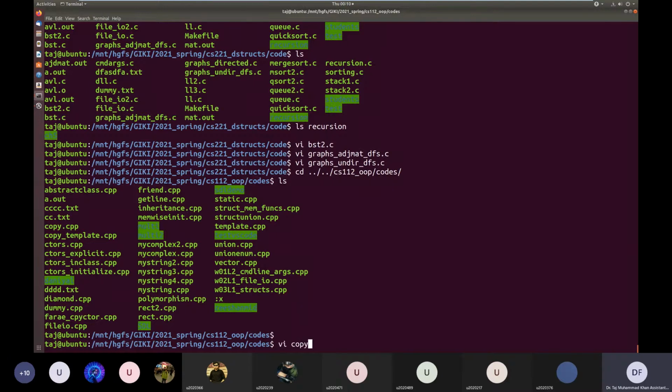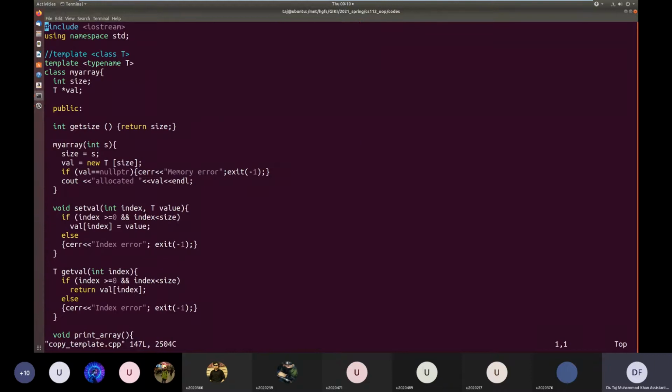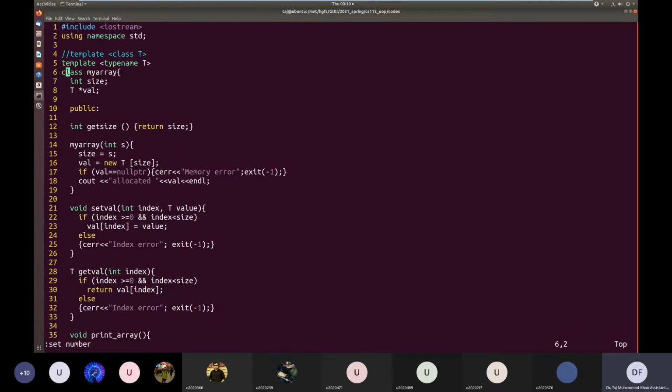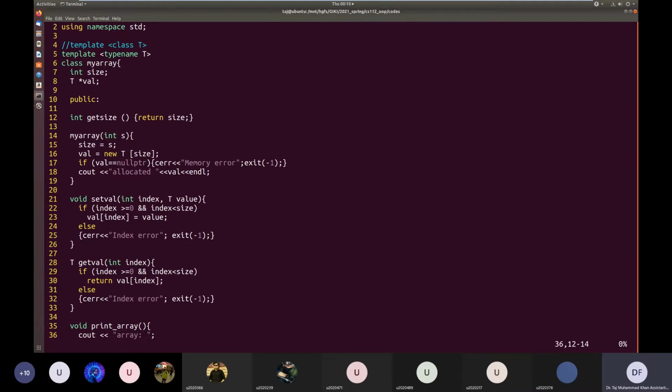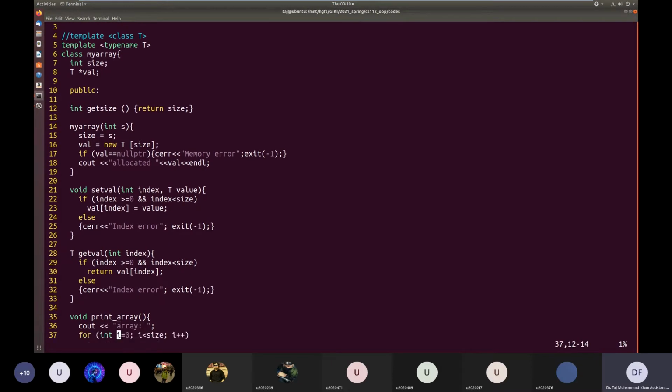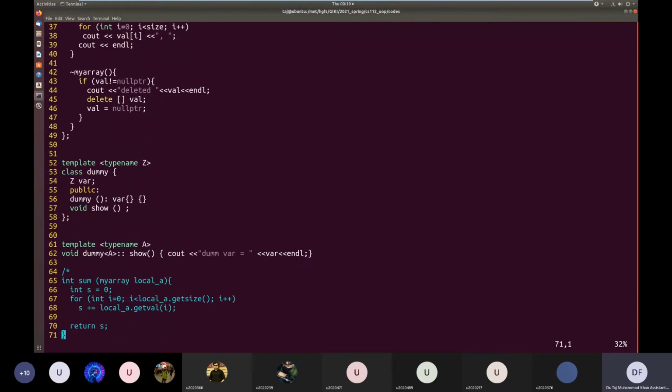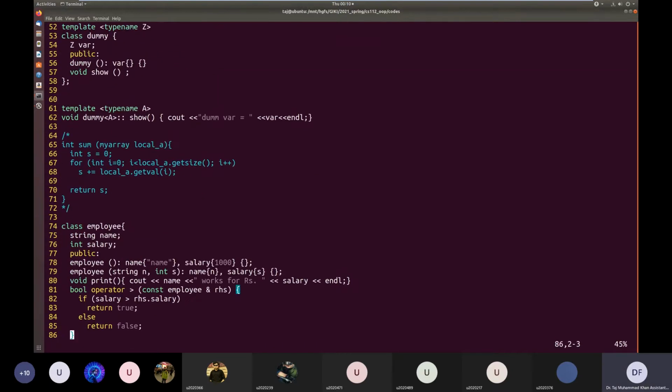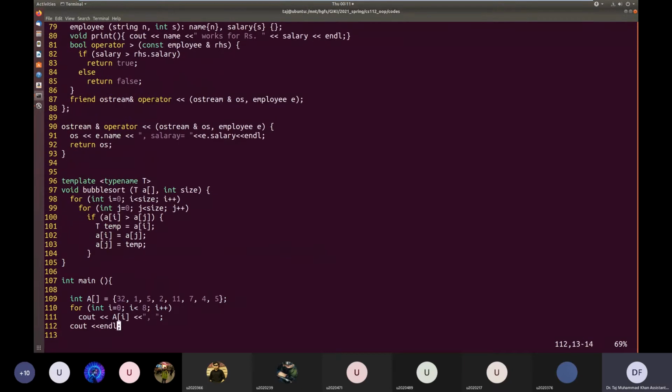I think it was copy template. So we had this class myArray, which was originally for integers, but we made a template out of this class, and that way we can use this class myArray as an array of integers, characters, employees, etc. Similarly, we had this function bubble sort, which originally was being used to sort an array of integers only.